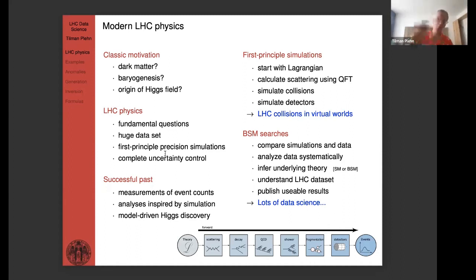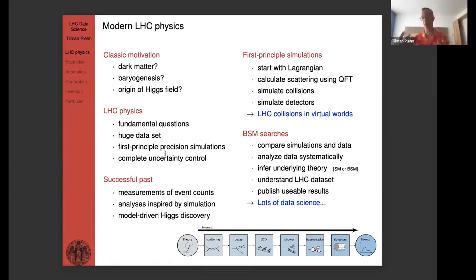Yeah. And then, as we'll talk about a little bit later, when you do that, you also want to publish useful results at some point. You want to publish in a way that people can use it. And the questions that I just raised are essentially a bunch of data science questions, if you think about it. If you can explain what I just did to an average data scientist who might not even have a physics background, they understand that.